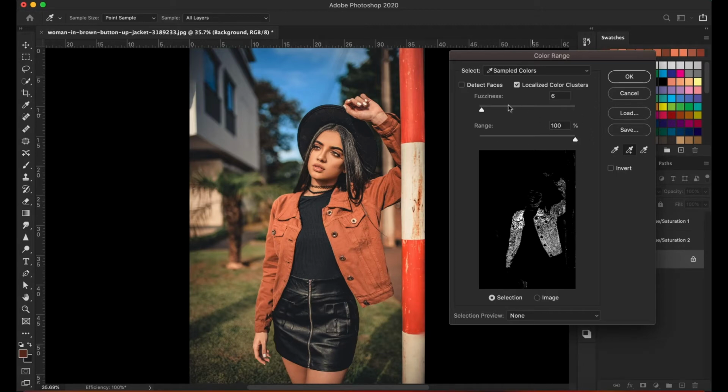Over here I wanted to show you some fuzziness. I have kept it at 6. If I increase it, you can see that the other parts get selected too. So just find a sweet spot. For this picture, 6 is more than enough. Range is the amount of selection you have made. Localize is the setting